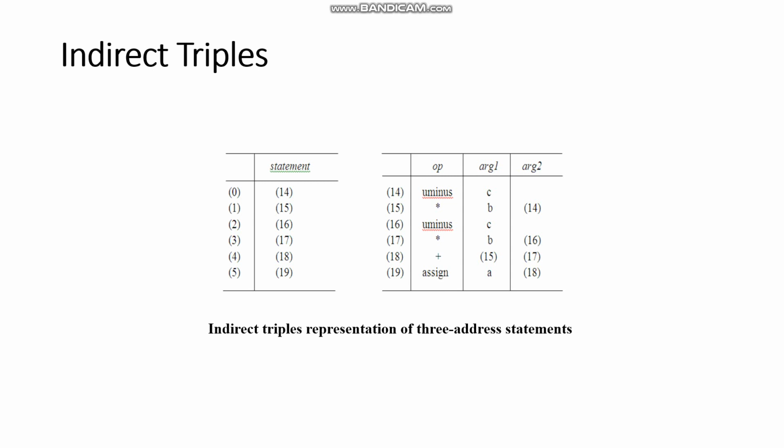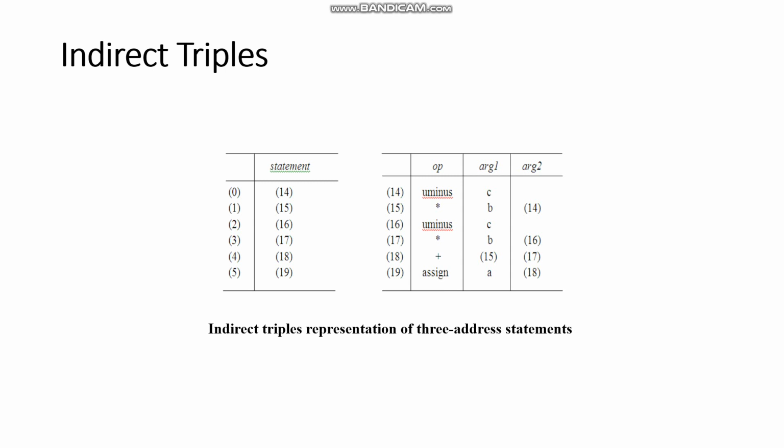Minus c we have done previously. Now, what is statement zero? Minus c we have done. The operator is minus, and the argument is minus c. We have given it 0. What will the zero statement be? 0 at the 0th index. We are having statement number 14. You can give this according to your convenience. Okay, 14. After that, the next statement is 15. Give it to the first statement. Next is 16, give it to the second. Next is 17, give it to the third.